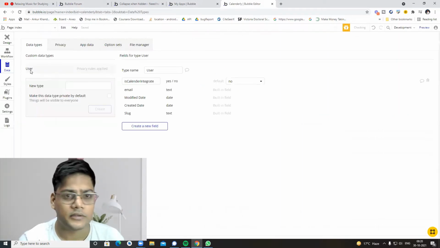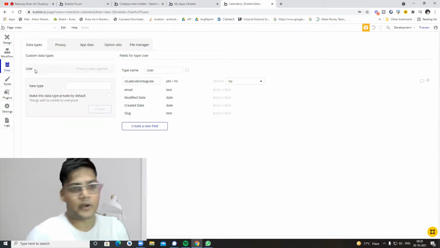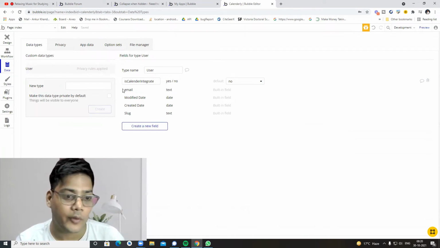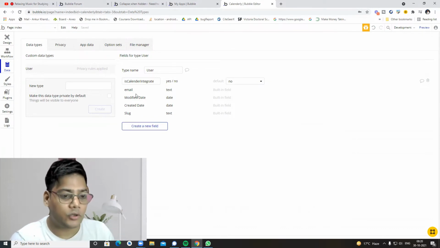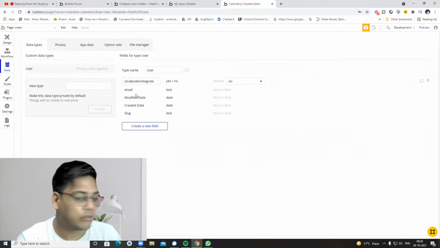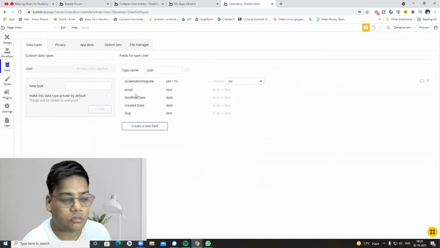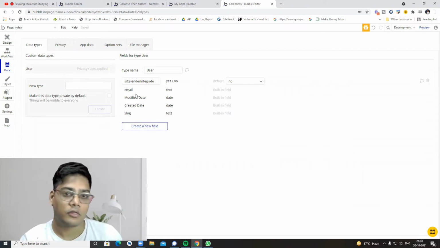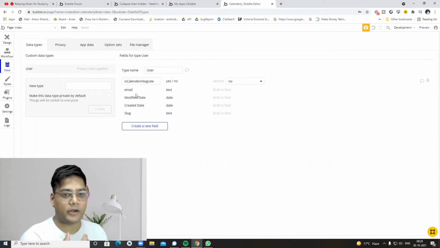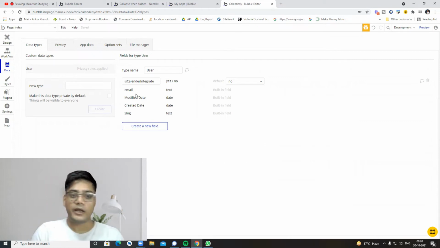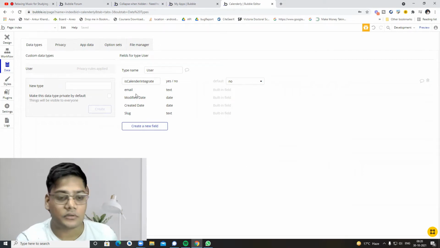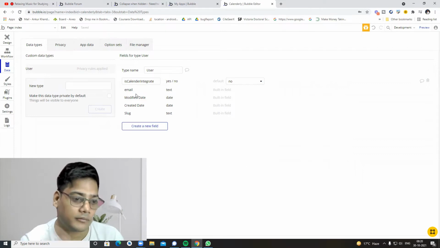So when you go into the data, for example, the user is the table, and you don't want to expose the email to everyone. For example, you are building a social media app like Facebook, and you don't want to show email to each user. Say I am your friend on Facebook. You can't see my email ID on Facebook unless I make it public. So that is the case.